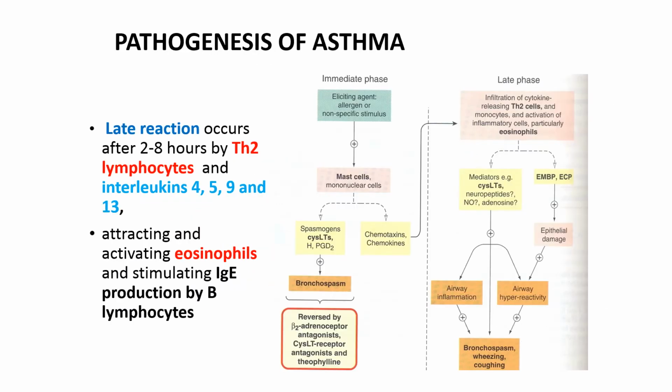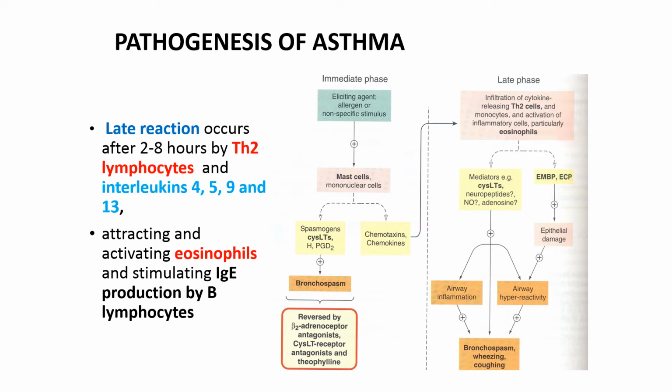Then let us move on to the late phase reaction. Now we have seen that in the early phase, the release of mediators is happening, which is precipitating the attack of bronchial asthma, or which is leading to bronchoconstriction. Now, in the late phase, what happens? There is infiltration of cytokine releasing Th2 lymphocytes, and there are also interleukin 4, 5, 9, and 13. They attract and activate the eosinophils, and they stimulate IgE production by B lymphocytes. So all this late reaction leads to airway inflammation, and this chronic inflammation will lead to airway hyperreactivity,